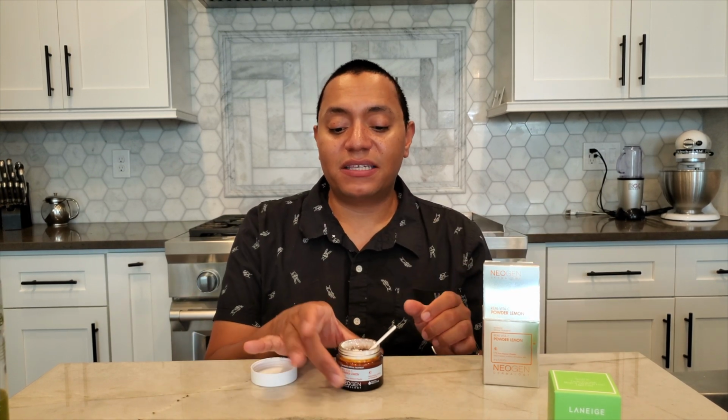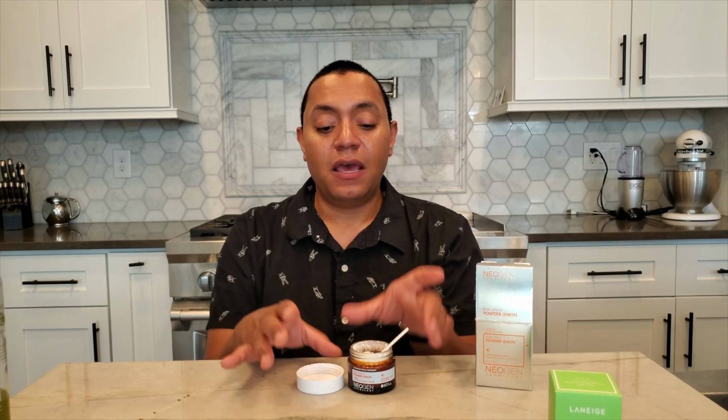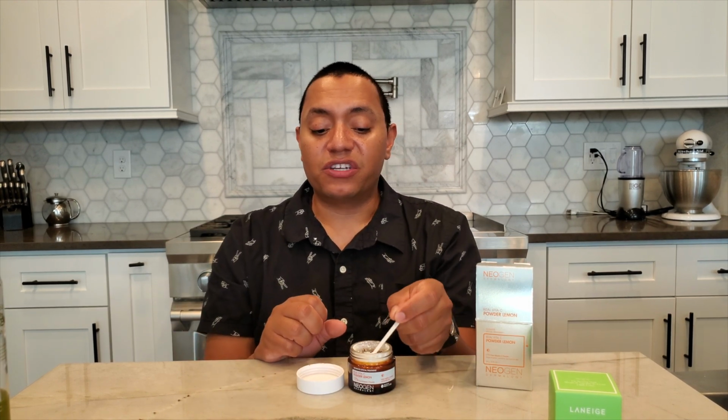So this can really sit in your closet or on your vanity for a lot longer than a vitamin C serum, especially something as strong as the Cosrx product that should ideally be kept refrigerated, and you want to get through that in like a month or two, otherwise it'll start to oxidize and become less effective. So that's the benefit, or kind of the beauty of a powder, is you can just grab this thing whenever